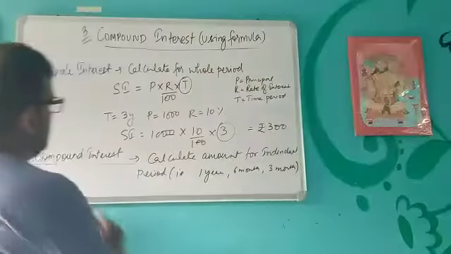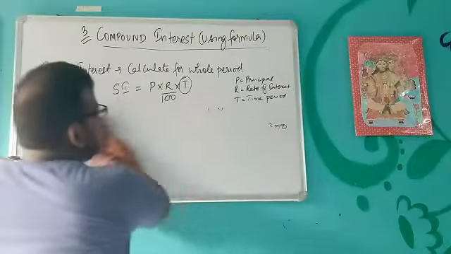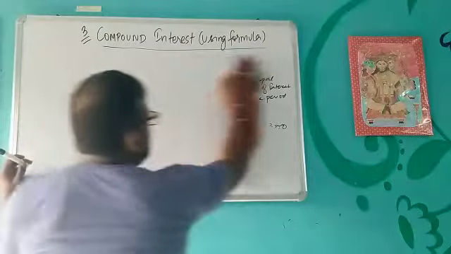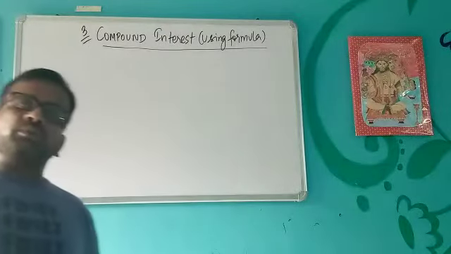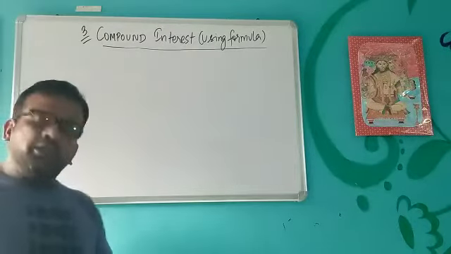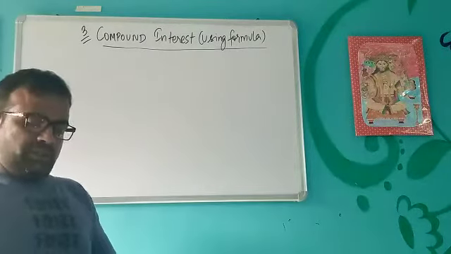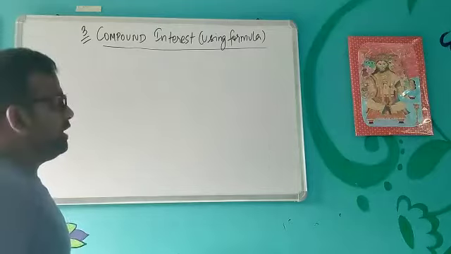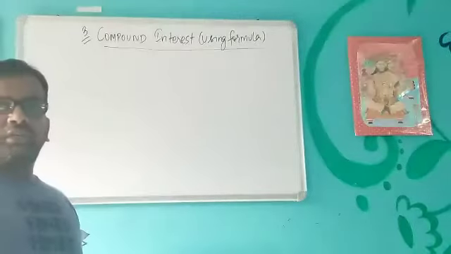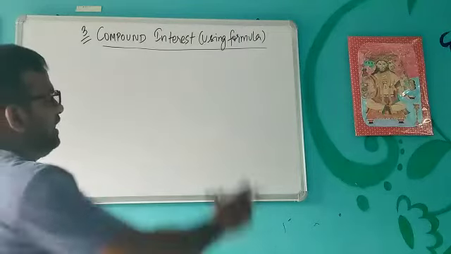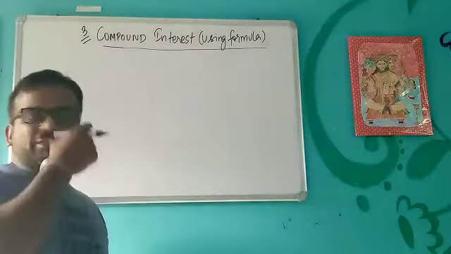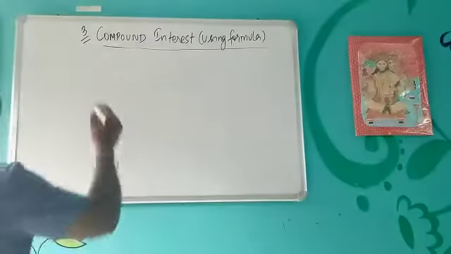So how to solve these compound interest problems? And our formula will remain the same. One method is that you can solve these problems without using the formula. You will calculate the interest for an individual year, then you will add this interest to the next year and that becomes the amount for the next year. The second method is we will solve it using the formula. So let's see the formula.